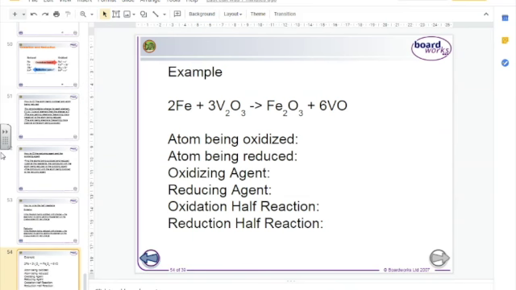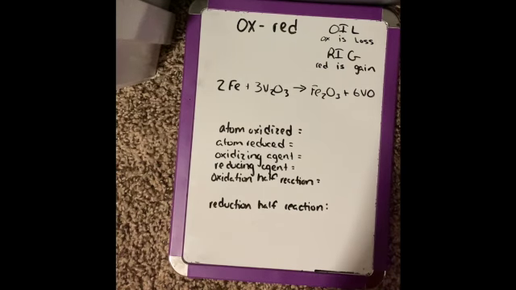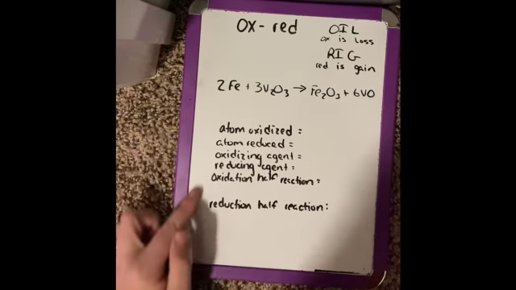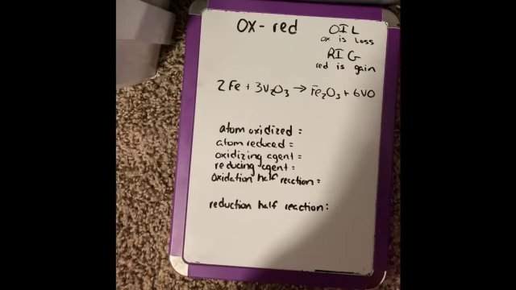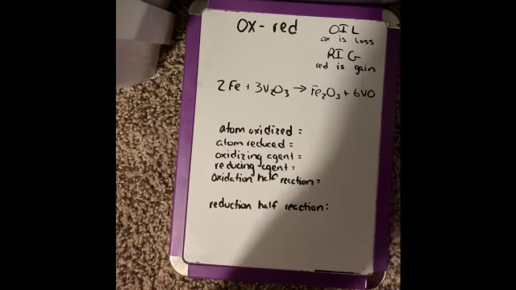So I'm going to do this example on a piece of paper and show you what I was talking about in the last couple of slides, and how we find what's being oxidized, what's being reduced, the oxidizing agent, the reducing agent, and how to write both half reactions. All right, so now I'm going to go over practice for oxidation reduction reactions and how we find this information based off this reaction. So again,